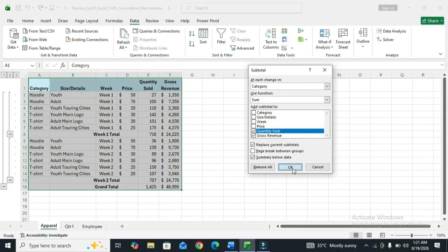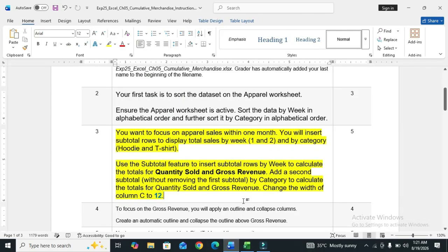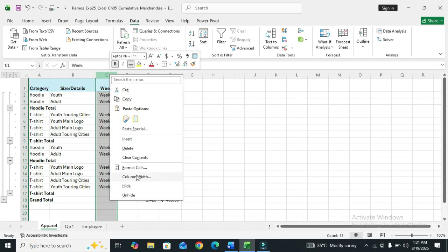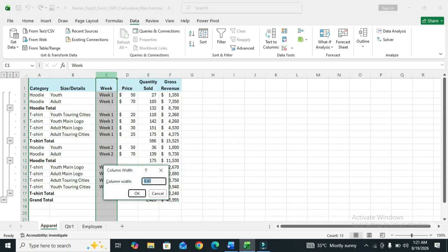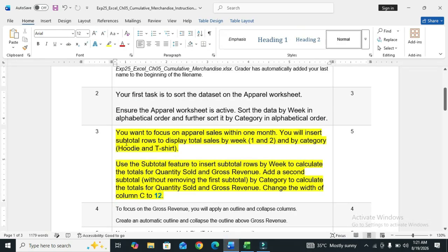Click on OK. Next level of the step is, change the width of column C to 12. So select column C, right click and choose column width, and change the width to 12. Click on OK and step number 3 is done.